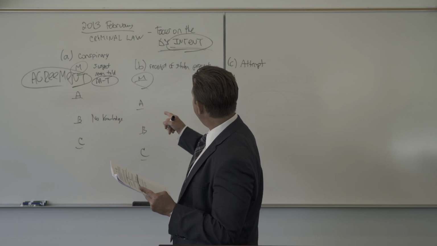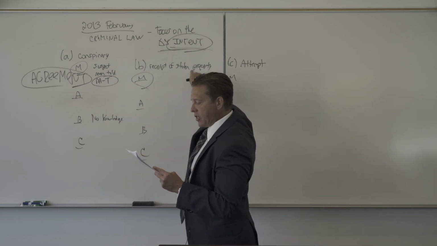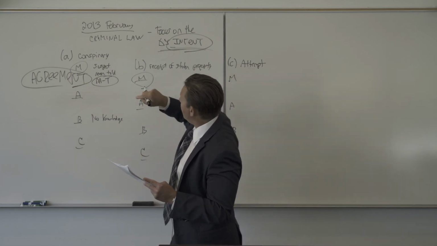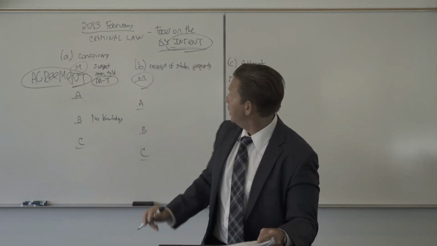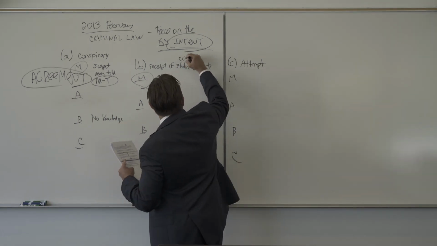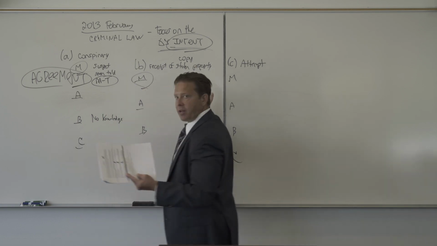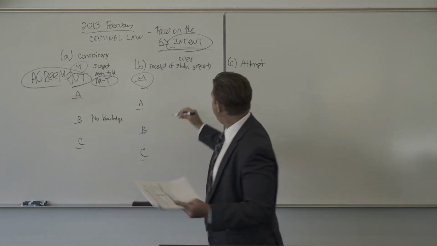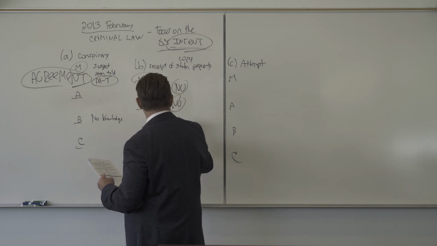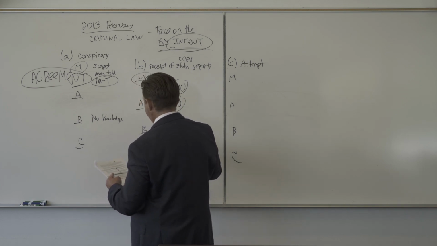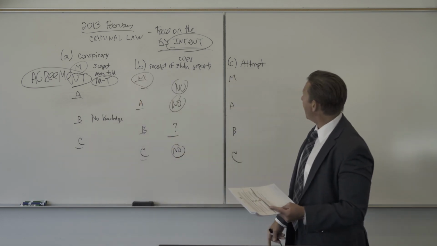So, Bert knew about it. When we talk about receiving stolen property, the painting that they actually received was a copy. So, if it's a copy of the stolen painting, it can't be receipt of stolen property. So the answer is going to be no. Bert, we don't know. Bert's a little question mark. And no one would seem to know about it.